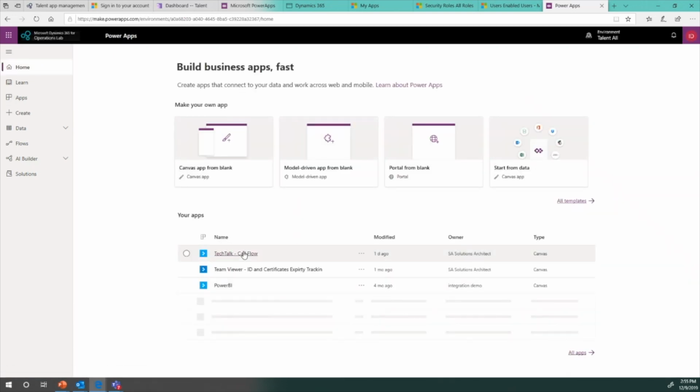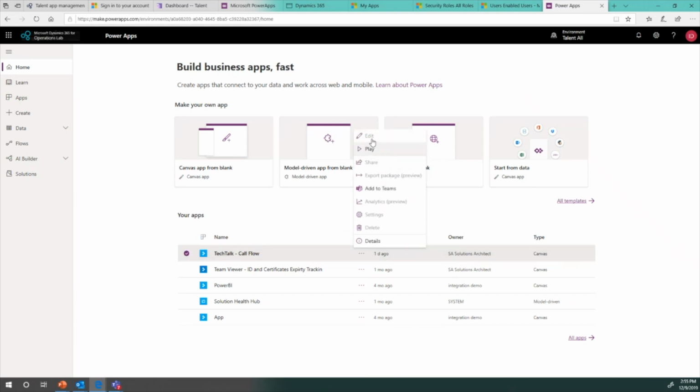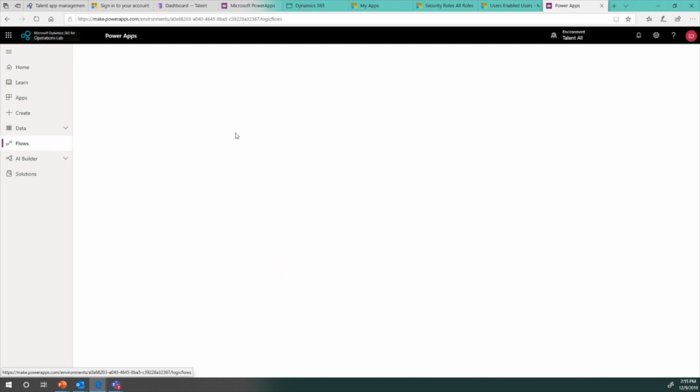If you see here, from this integration demo user you will see this Power App, but can you edit this Power App? No. The reason he cannot edit it as a user is that I shared this Power App with him as a user, but not as an owner. But he can certainly play it, which means he can run this Power App. That's one aspect of it because we shared that flow. And then when you go to the flows also,